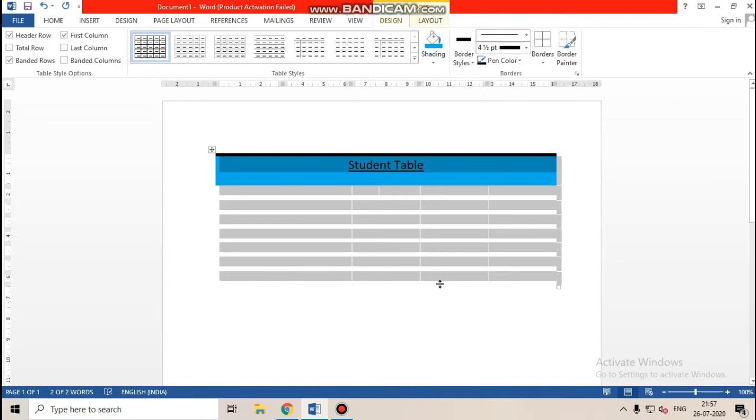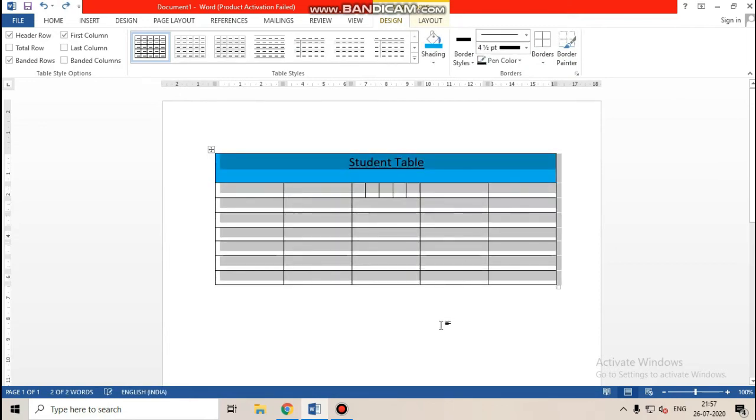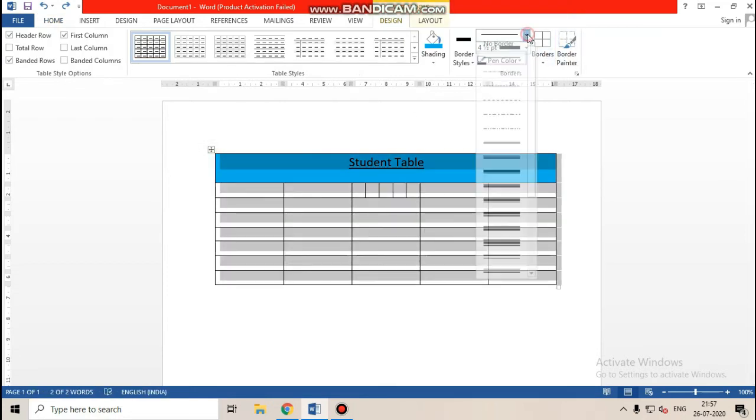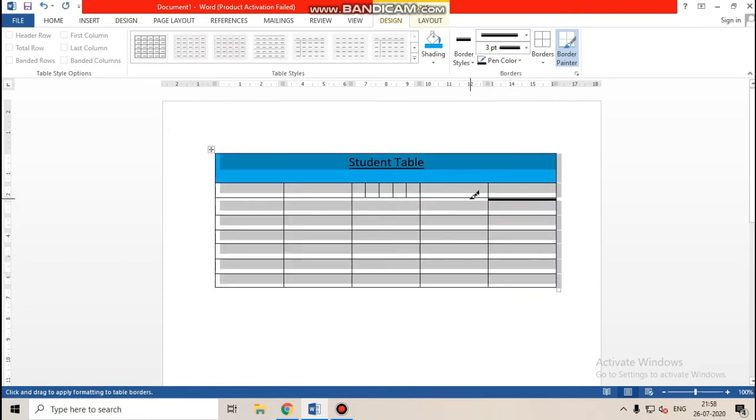If you click anywhere, that cell will become big. Ctrl+Z, because I just want to increase the thickness. Select. You can select the type also. You will get a pencil like this.